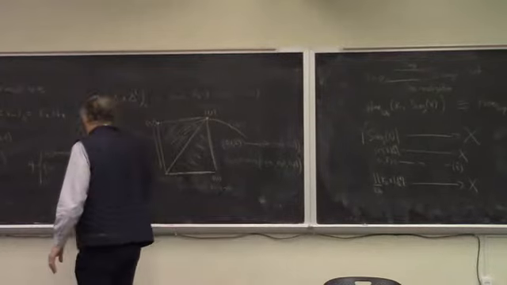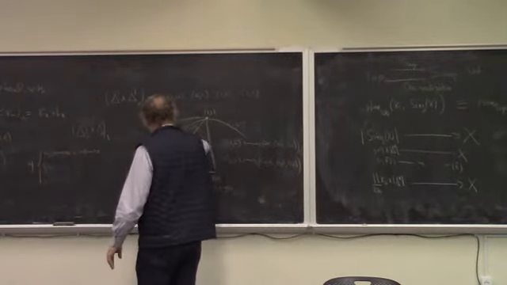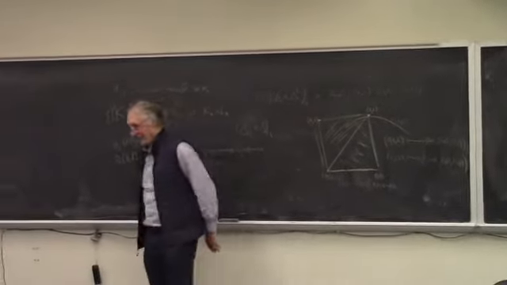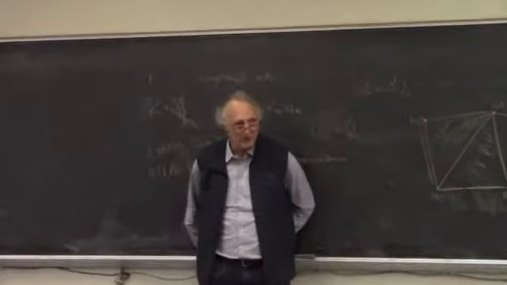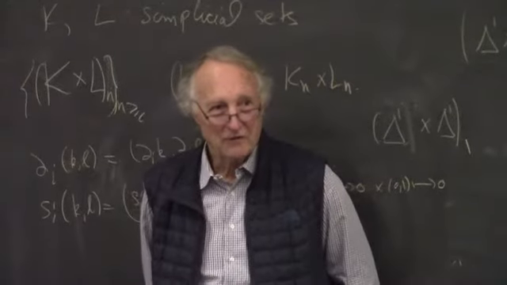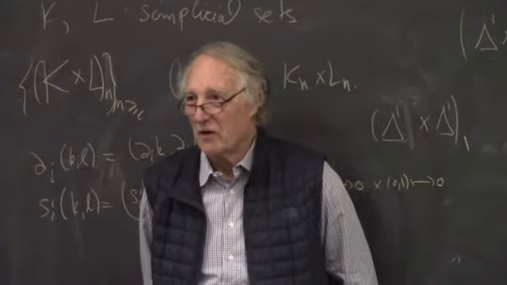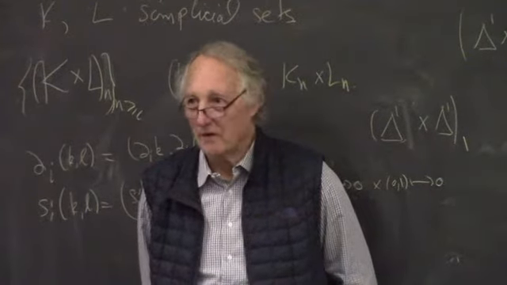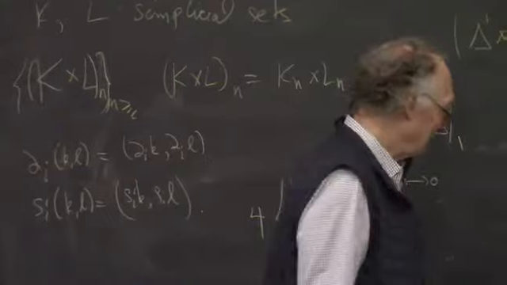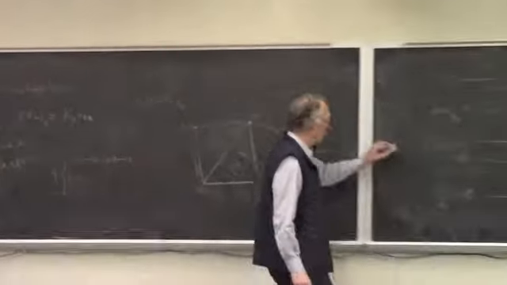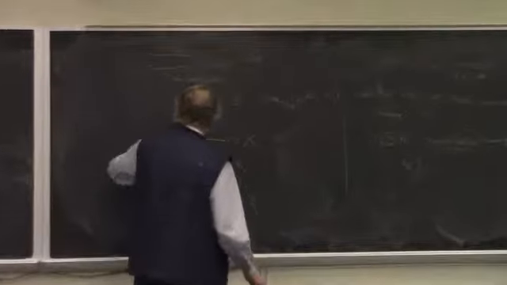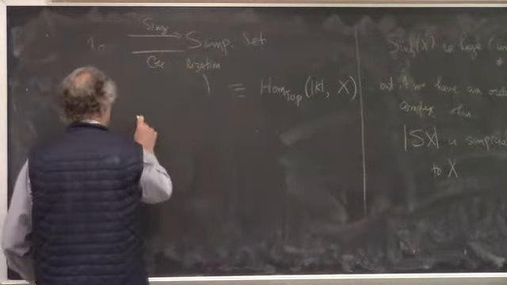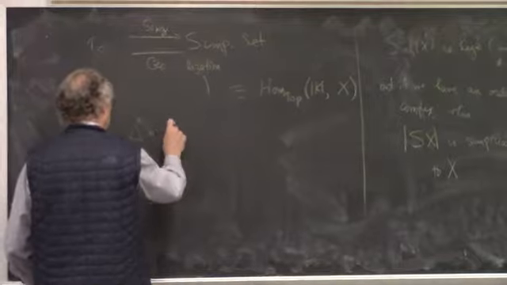Now, how did I know that I was going to use this triangulation instead of this one? You want some order position? That's where the order comes in, exactly. So this would not work for two unordered complexes. I need the ordering. And in fact, I'll leave this as an exercise for you, but if you look at delta n cross delta 1,